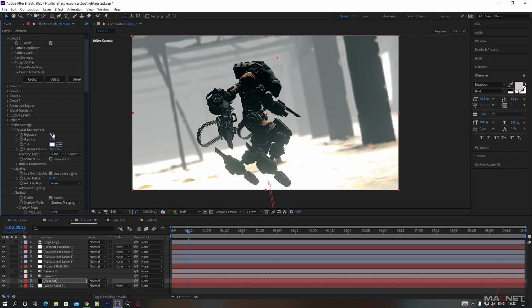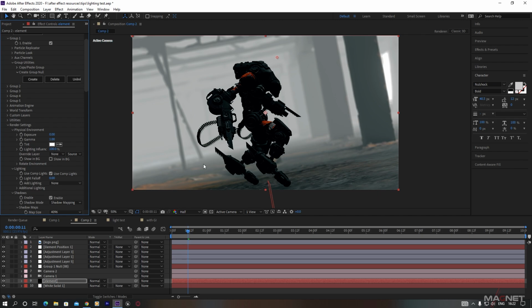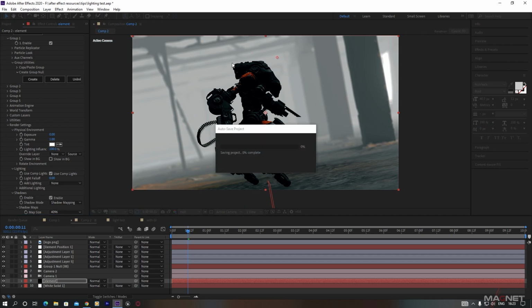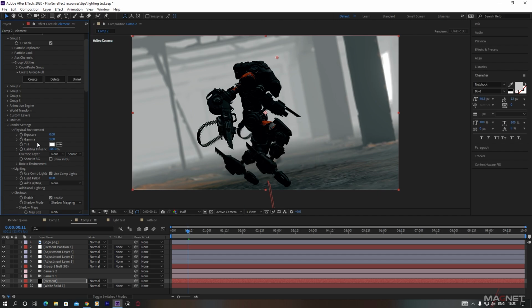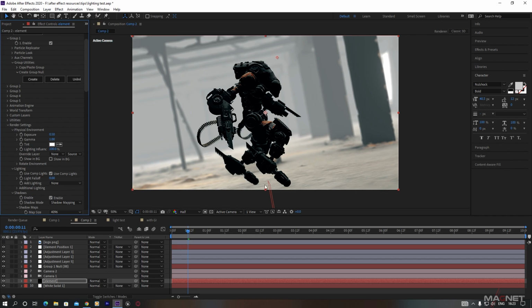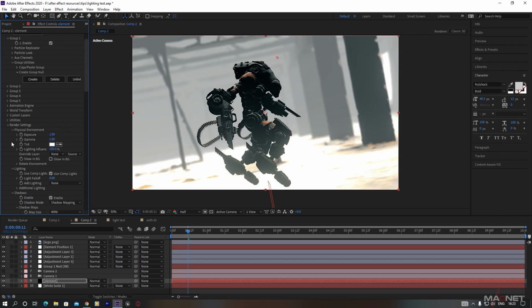So first we go to this exposure setting. If you make this 0, you will lose all the light that comes from this environment map. But remember that the environment map light doesn't create any shadow on your object. Okay, it's just for this ambient light, or you can say the global illumination. So if you make this exposure 0, you will lose all the light which comes from the environment map. So maybe we can make a value of 0.5, and you will get a little bit of light from the environment map. Okay, or you can make this default, that is the 1,